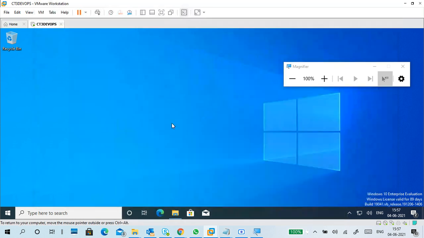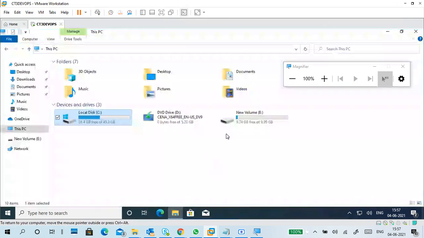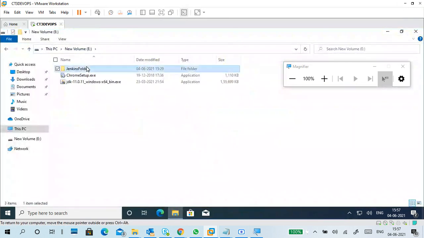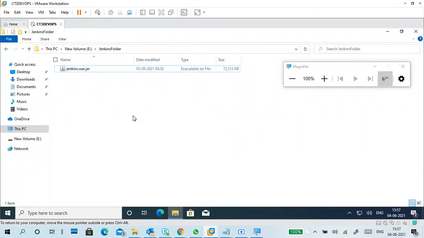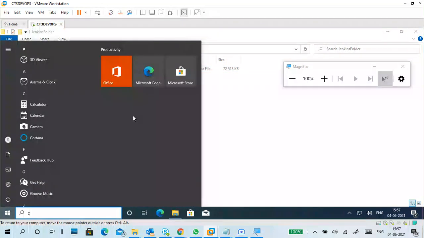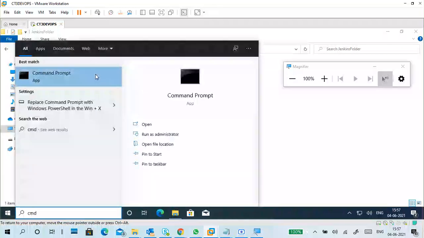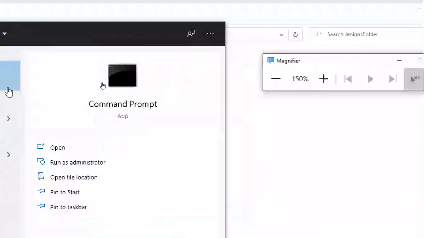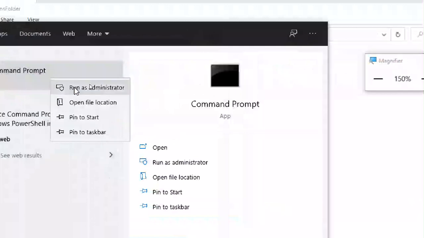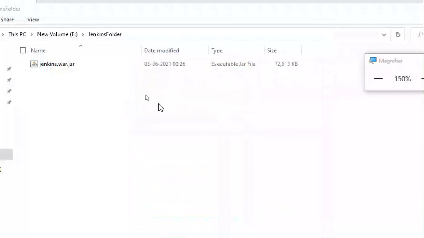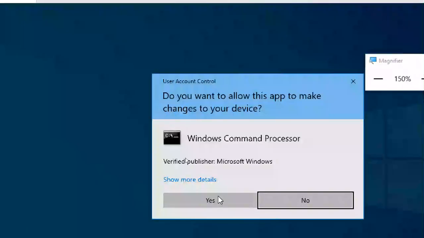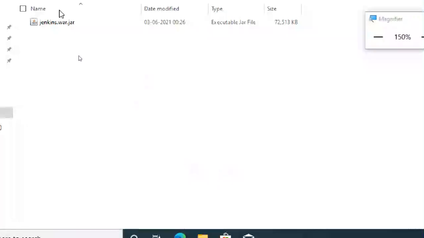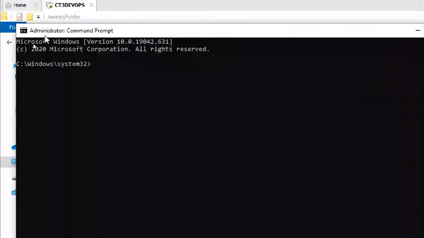So I will give you the command first of all, how to install. So, E drive, Jenkins folder. So this is Jenkins, right? I'm going to CMD. Type CMD, right click, run as administrator. If you run as administrator, yes, then it will show the administrator command prompt.